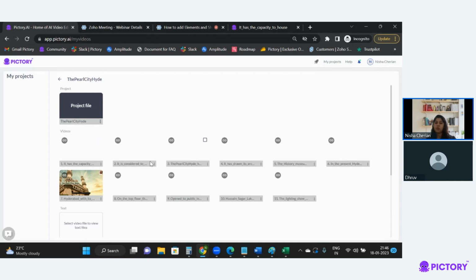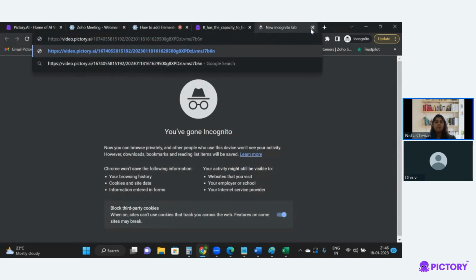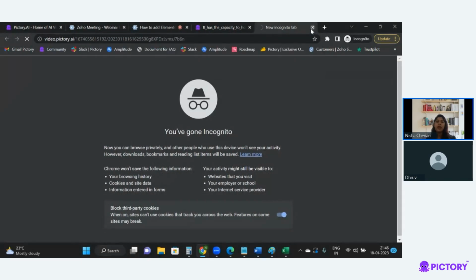If it's just a single video, you can just click on this share link here. When you do this, it will show you generating link, and the link has been copied. You can just paste it anywhere, or if you're sharing it with somebody, you can share it. You don't have to download, you don't have to do anything. Just copy the link,